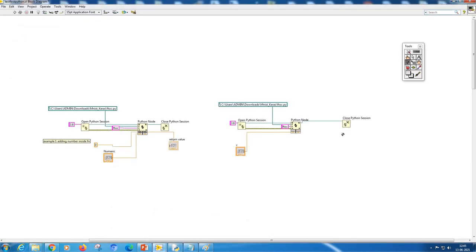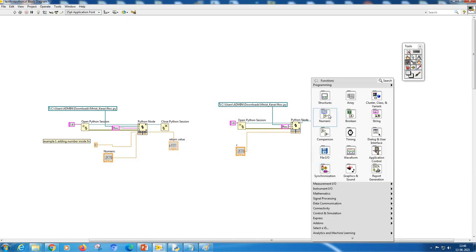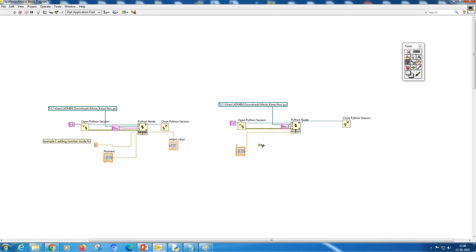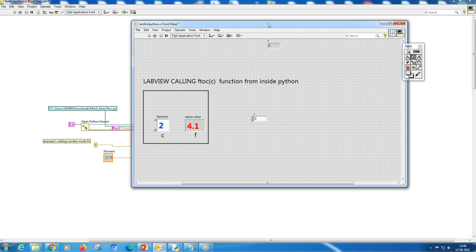So for that you have to tell this program the type of the variable. So go to numeric and say double constant, and you can wire this, saying the data type is going to be real. The output is going to come out from here. I can simply create an indicator to see the value of f. This is the f which is coming out. So this is how you have the program created for converting C to F.